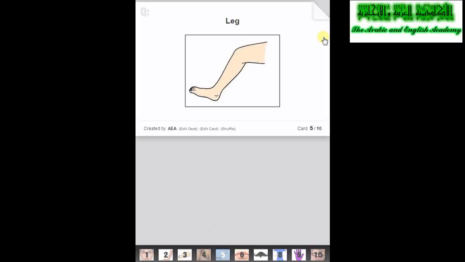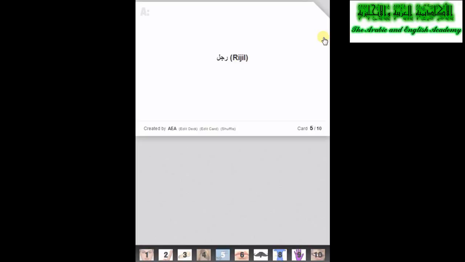sha'r, hair. The fifth word we have is leg, and leg in Arabic is rijl,